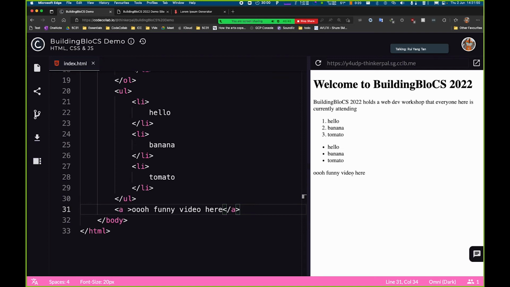To associate a link, to send your user somewhere when you click it, you have to use this inside your opening tag. You have to use this thing called href, which is basically a reference to another website, and it has to be in inverted commas. So I guess some of you have Python experience, it's a string basically. And then from there you can put your link. Let's just do build.com/watch